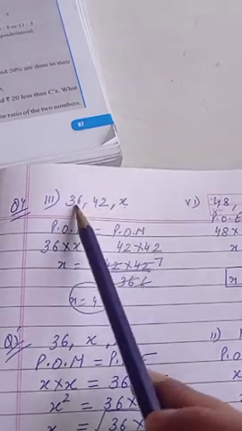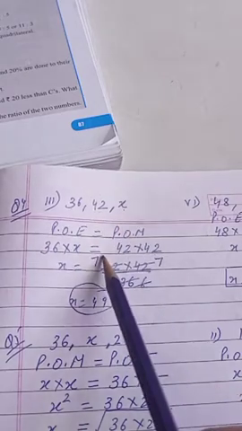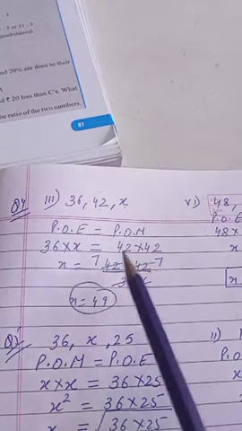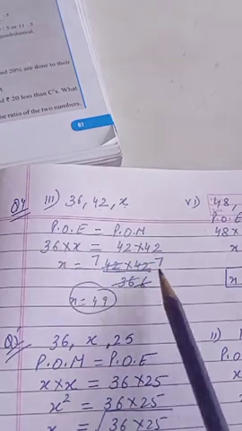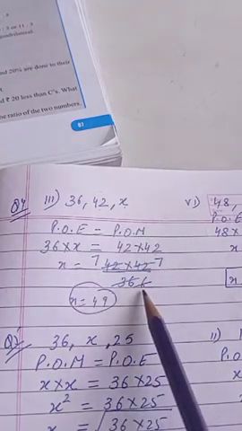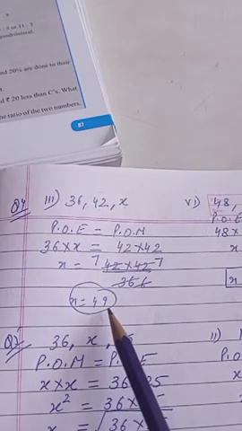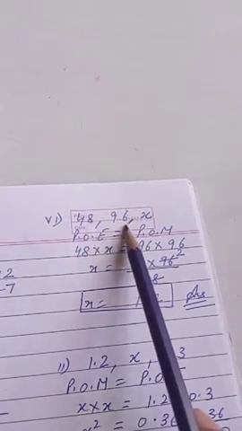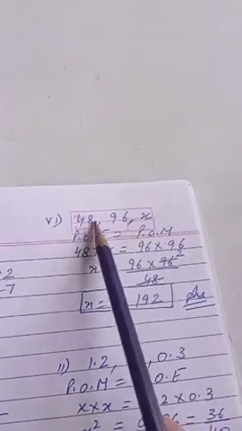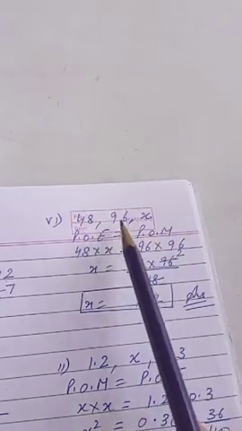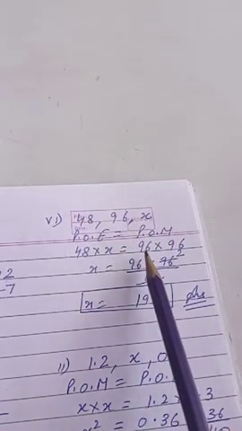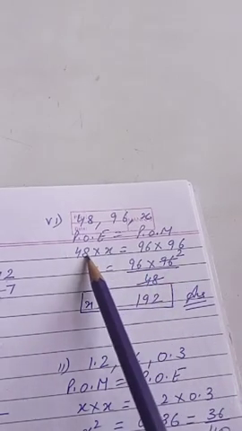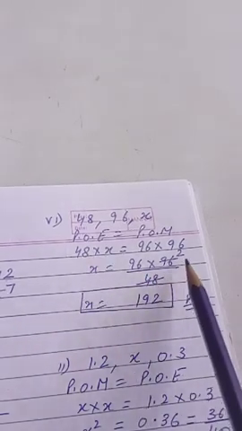Clear? It will be 36 multiplied by x is equal to the mean, which is a single term. Now, what you will do? 42 into 42. Transpose 36 over here. They can be cancelled with the table of 6, cut it with 6 and the final answer is 49. Sixth part of this question, again 2 are given and let the third be x. Same way, product of extremes is 48 into x is equal to product of means 96 into 96. So x is equal to 96 into 96, take 48 this side, 48 2s are 96,